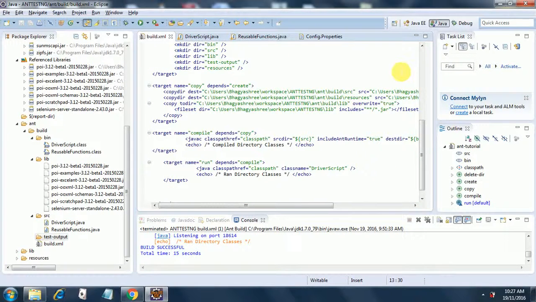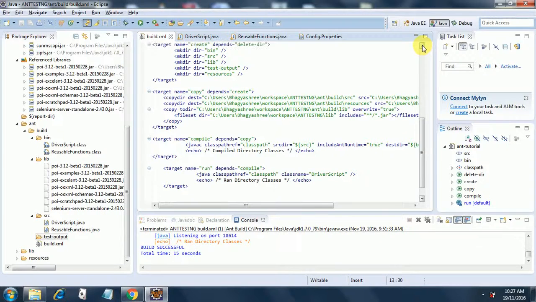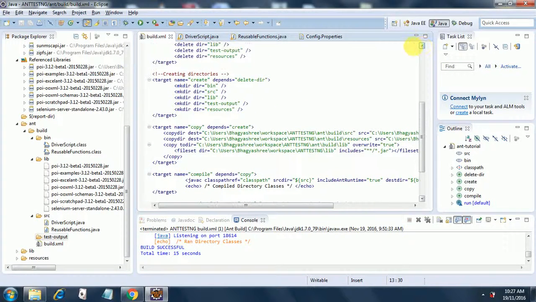Now, once the folders are deleted, I have put a create here. So this will create all the folders after deleting, and this depends on delete directory. Then comes the target name copy, which will depend on create, and it will copy directory called source from